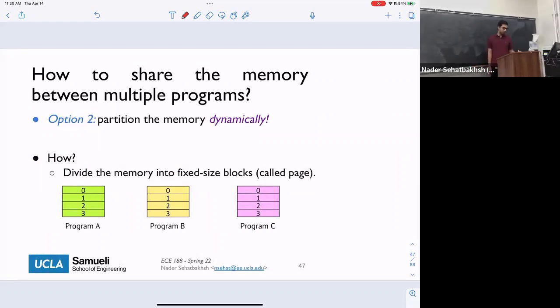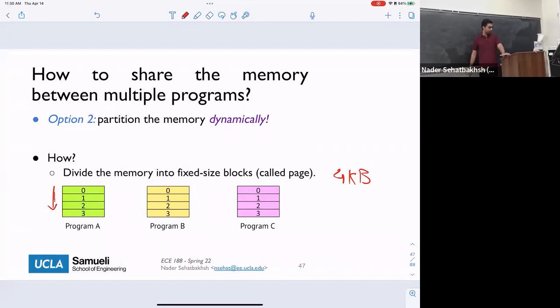Remember I said that we have program 1, program 2, program 3, and so on. What we're going to do is break these programs down into smaller, basic blocks called pages. For example, program A might have 4 different pages. A page is fixed, and you know its size beforehand. In most standard systems, it's only 4 kilobytes of data. So every 4 kilobytes we call a page, and we name them: page number 1, page number 2, page number 3 for program 1, then page number 1, page number 2, page number 3 for program 2, and so on.